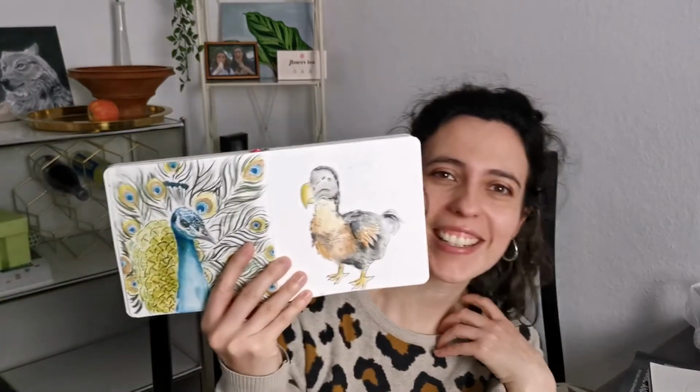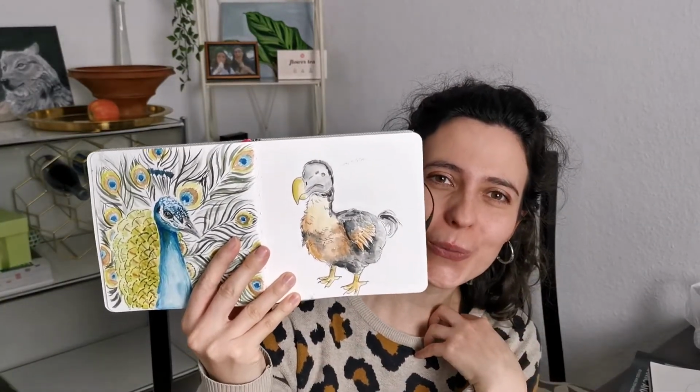And then I just did a little sketchbook drawing of a dodo. It was hard to find reference photos for that because the animal doesn't actually exist anymore. So there's that. My cousin gave me the idea of doing another abstract painting, and I haven't managed to